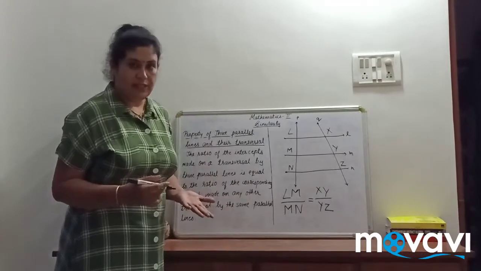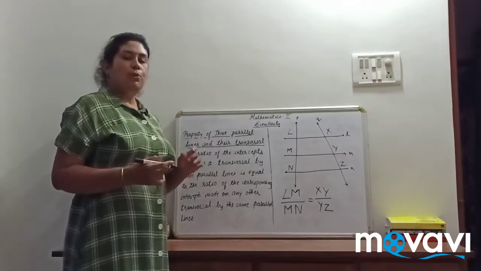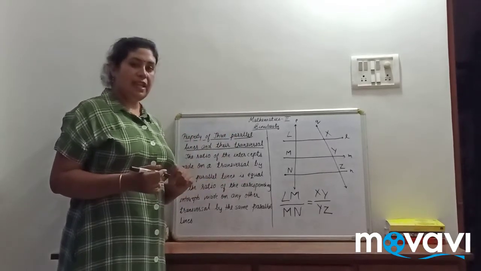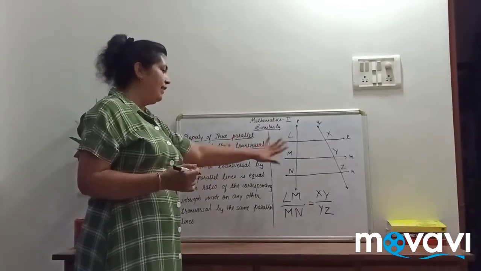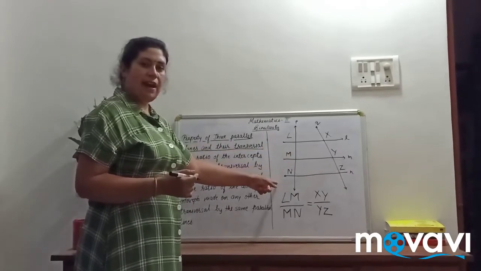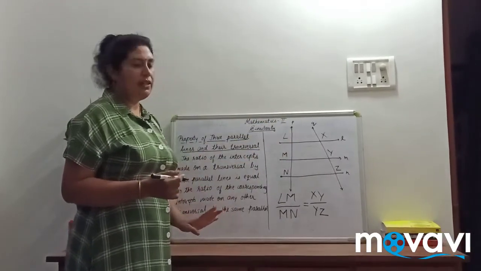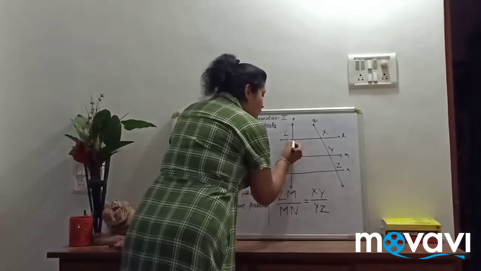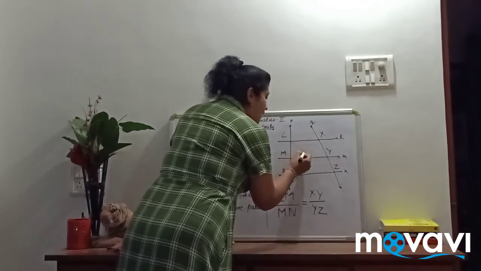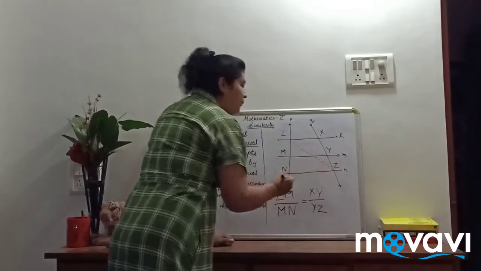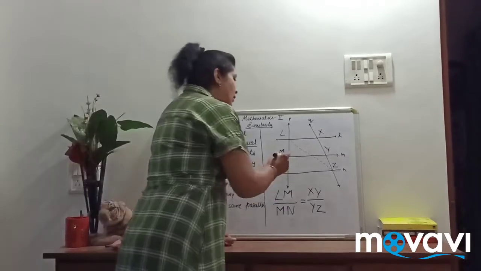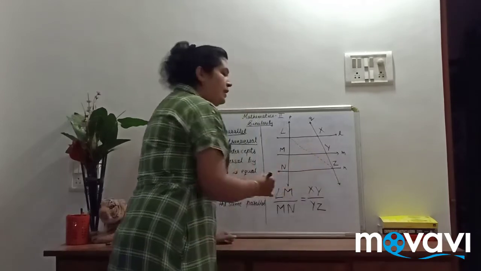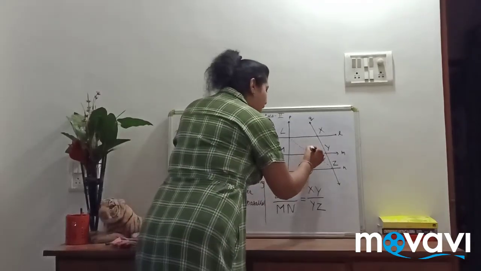How do we prove this? Proof is already given in the textbook. You just need to understand, so I'll just tell you. First thing is you write down the given things. Given things means these are our parallel lines, PQ is the transversal and so on. This is what you are supposed to prove. Okay, so we will have a small construction. We will join LZ. Now if we see this, the LZ segment intersects the parallel line M, say at point K.